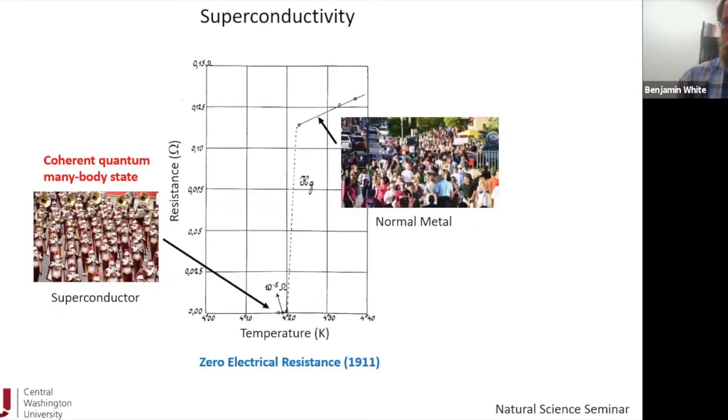Well, we're going to go into how that might work, and I'm going to use superconductivity as an example. Before I go any further, I wanted to talk a little bit about superconductivity so we're all on the same page. Superconductivity is a property found in a lot of materials that tend to be metals at high temperature. And if you take that metal and cool it down to low temperature, if you measure the resistance,